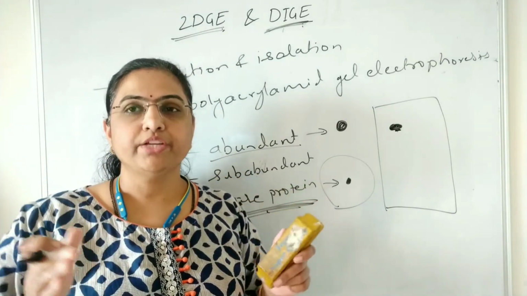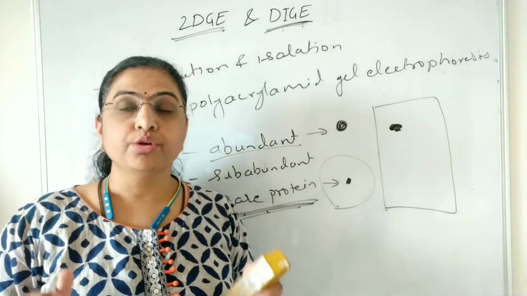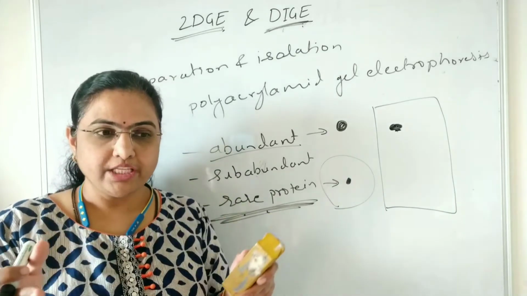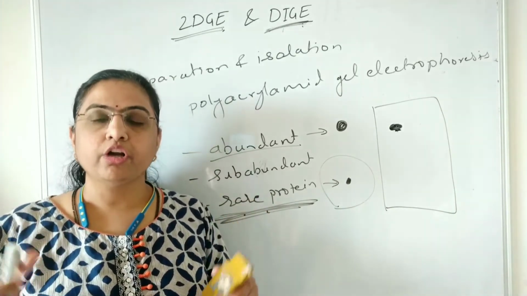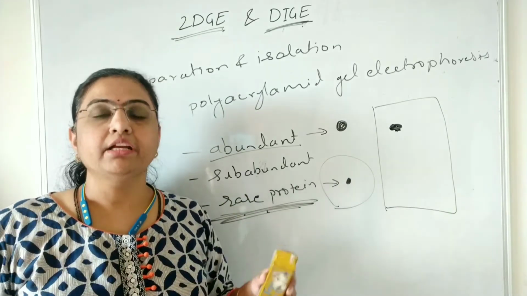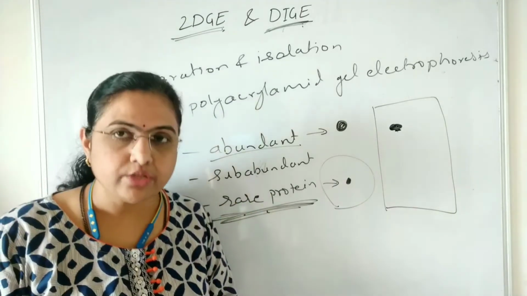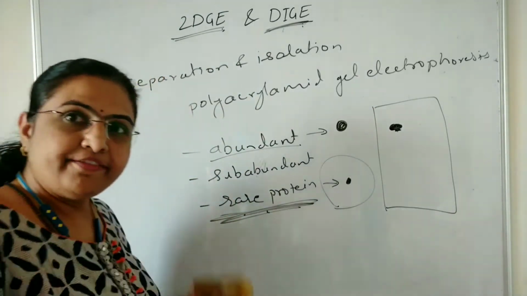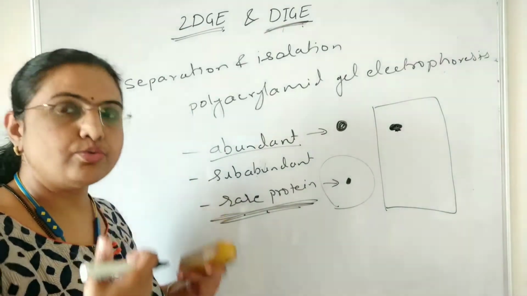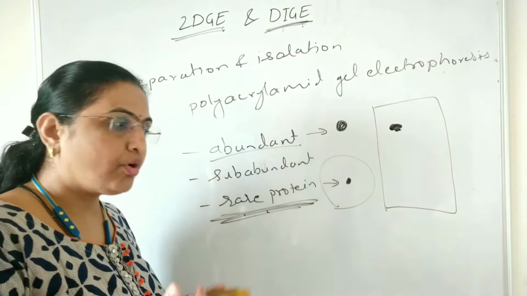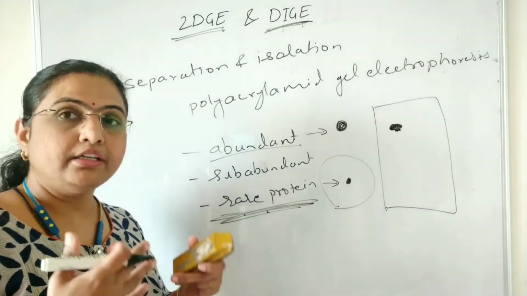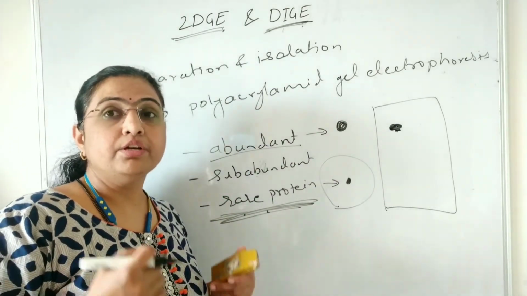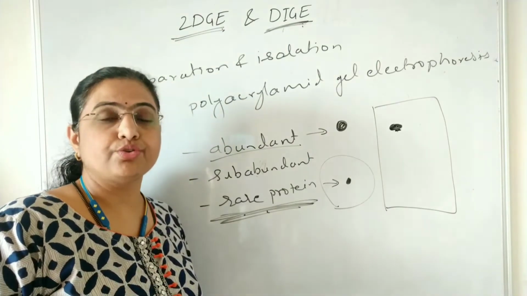Okay, such a flattened pH range is used so that some of the proteins are eliminated, and only the proteins which are between 4 to 7 or between 7 to 9 get separated. So the resolution is going to be increased. Okay, so in this way, to have efficient protein separation and isolation, a number of tricks are used, and in this way two-dimensional gel electrophoresis is becoming a strong tool for the separation and isolation of the proteins.